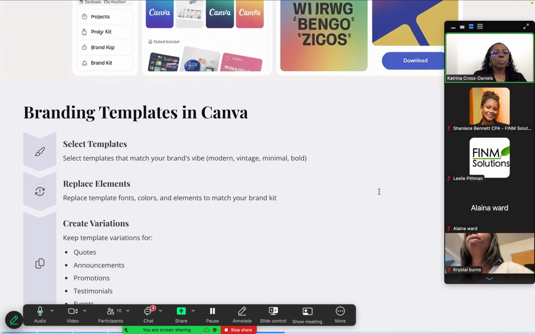So, branding the templates. Once you select a template that matches your brand vibe, whether it's modern, vintage, minimal, bold, whatever designs relate to your personality, you can create a template and make sure that you brand it to your color palettes. You can replace the fonts on it, the elements in it, all of that right in your brand